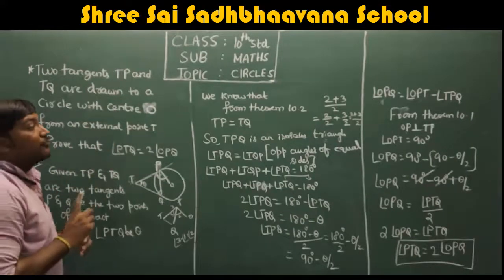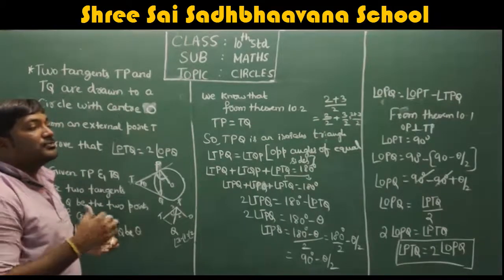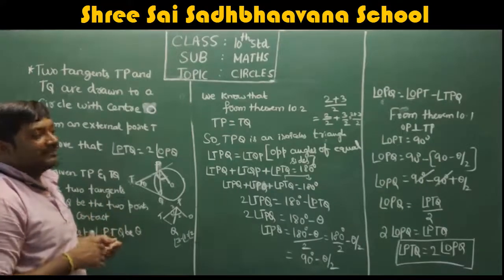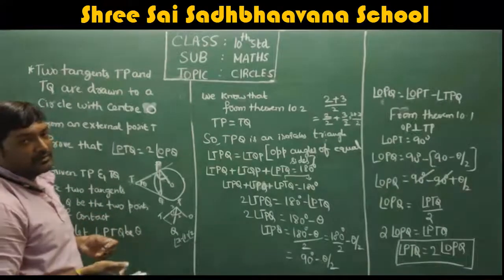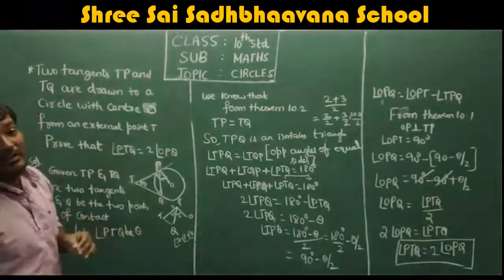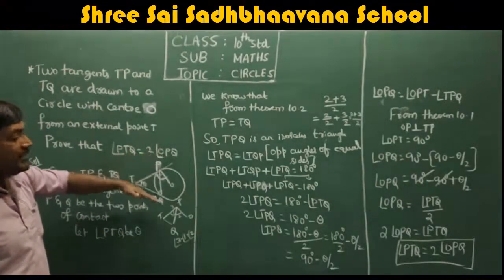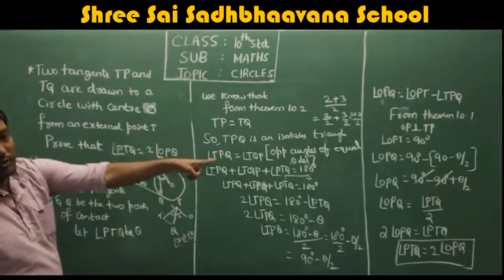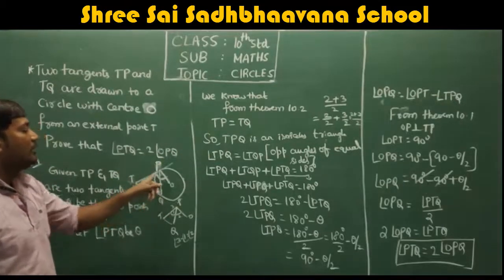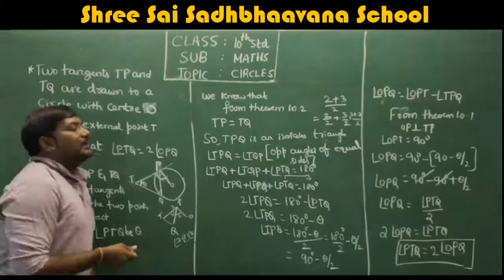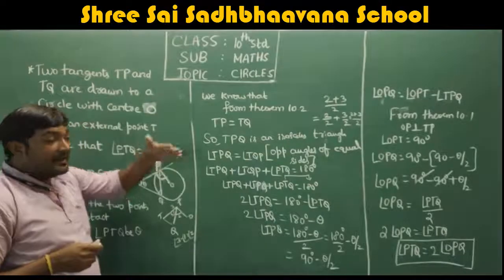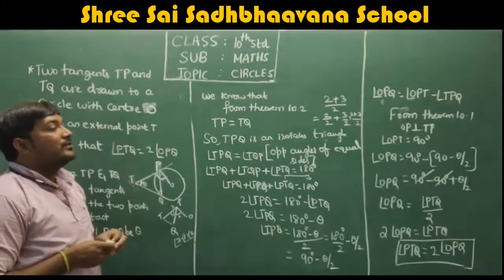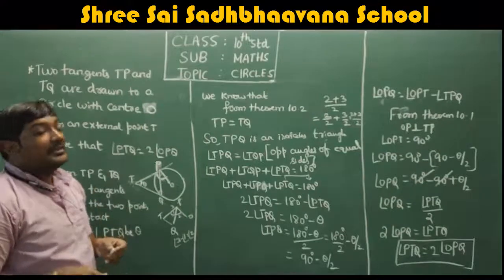That's one condition. Now, if two sides are equal, one theorem you might have studied in previous classes: angles opposite to equal sides, or opposite angles of equal sides, should be equal. So TP and TQ are equal. TP's opposite angle is this one, which is TQP. So TQP should be equal to the angle opposite to TQ, which is TPQ. So angle TPQ should be equal to angle TQP. You have to write why they are equal, otherwise it will not be correct. So opposite angles of equal sides are equal. That's the reason.